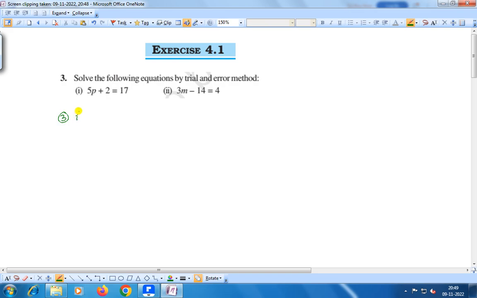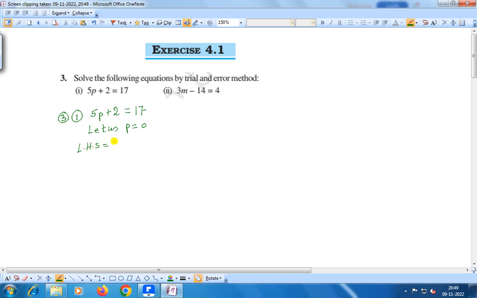1. That is 5p plus 2 is equal to 17. We'll use trial and error method. Let us take p is equal to 0. Therefore left hand side